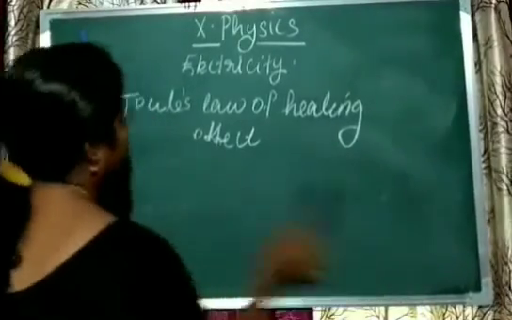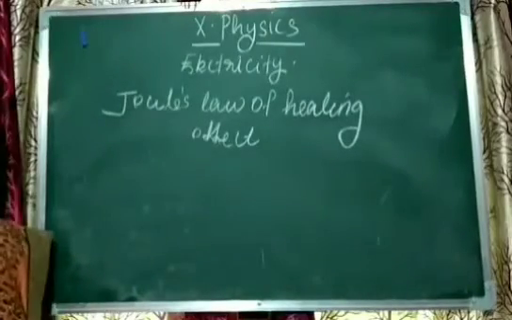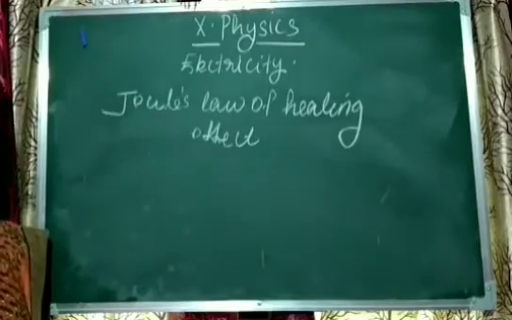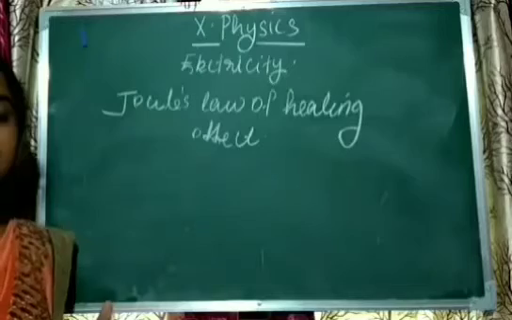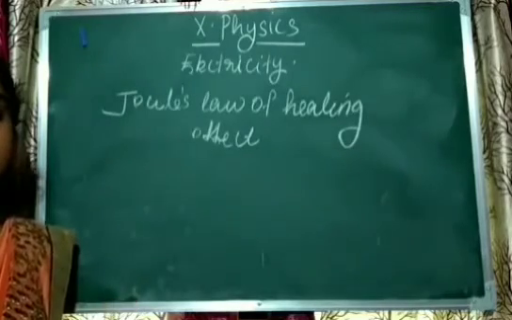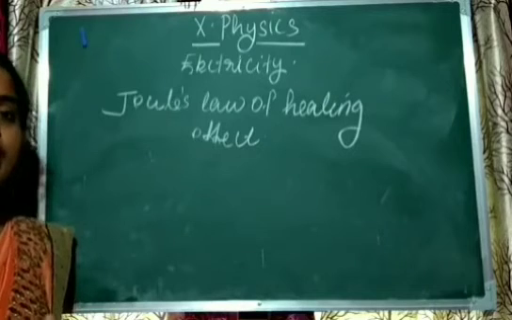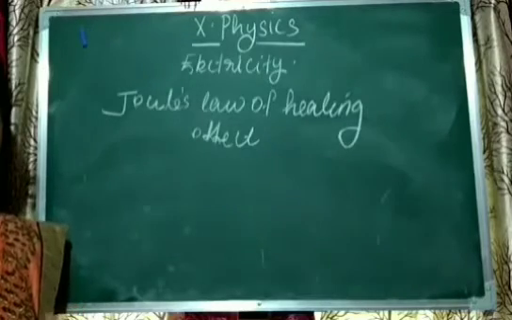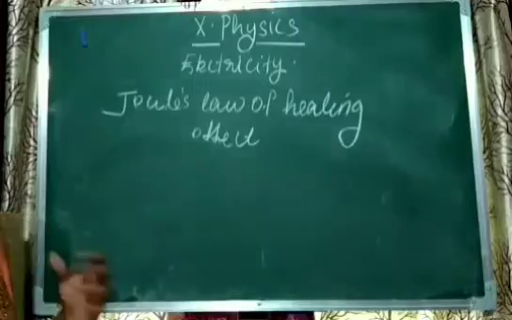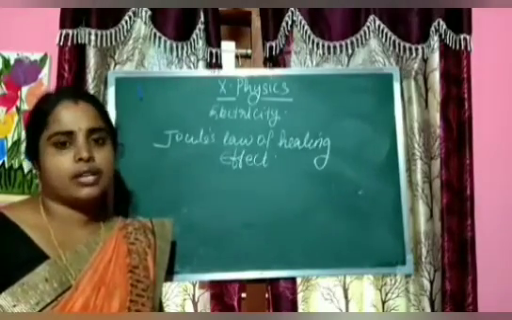Next we can discuss some devices which work based on the heating effects of electric current. In the previous section we mentioned the names: electric heater, electric toaster, electric oven, and we can include two more, that is the bulb or filament lamp, and also the electric fuse. The electric bulb is another application of Joule's law of heating effects.